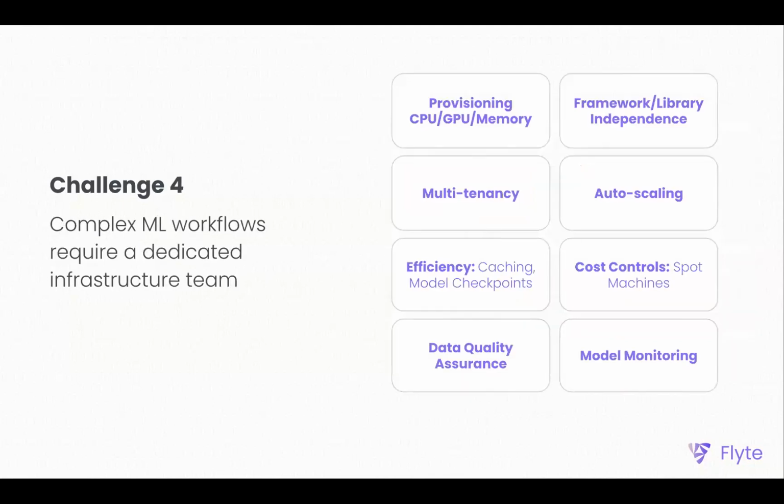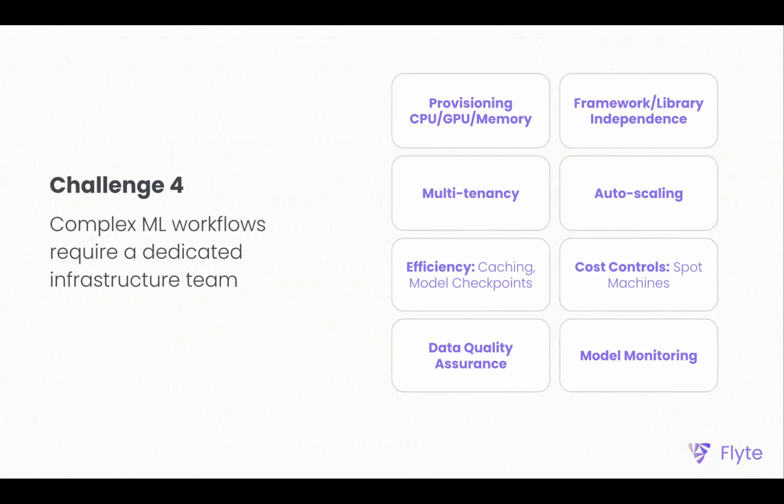Challenge number 4, and this I want to call out machine learning in particular, even though some data processing workloads might require these things, is that ML workloads require a lot of different things depending on your use case. So you might need GPUs, you might need some cutting edge library that your DevOps team doesn't really want to install in the main stack, or you want multi-tenancy, you want your compute cluster to have multiple different users and you don't want them to step on each other's toes. There are a bunch of requirements here that I'm not going to call out, but it's safe to say that ML workloads have a lot of different requirements that go beyond a lot of the traditional software requirements.